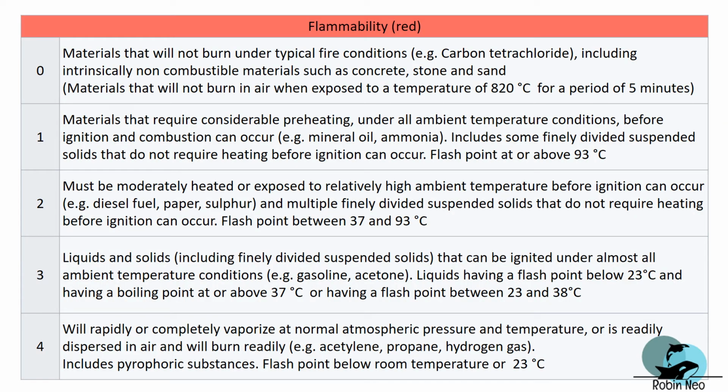Let's see the first square of the NFPA diamond. It shows flammability and is indicated by red. Number 0 on red square means materials that will not burn under typical fire conditions, including intrinsically non-combustible materials such as concrete, stone and sand. These materials will not burn in air when exposed to a temperature of 820 degrees centigrade for a period of